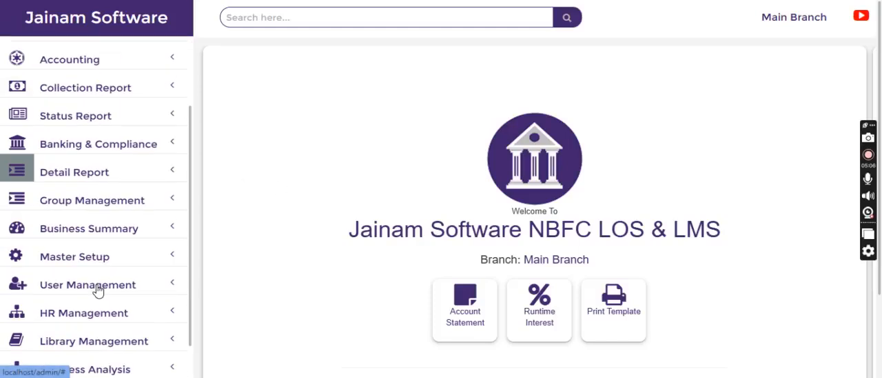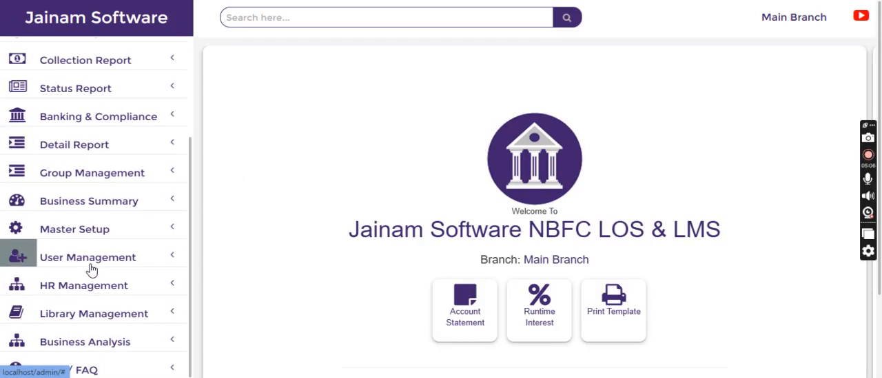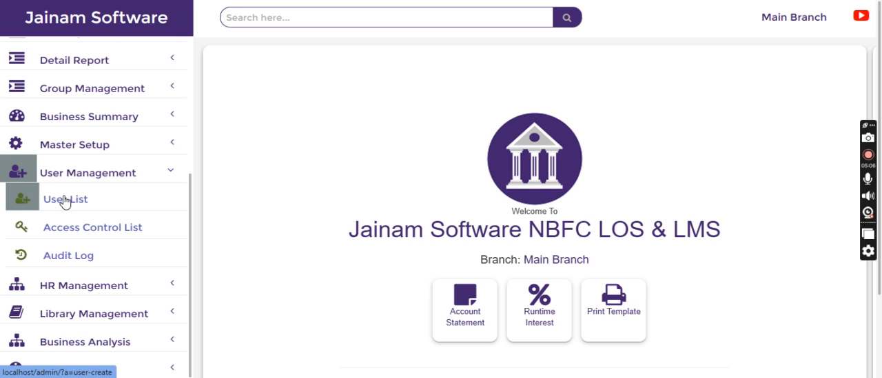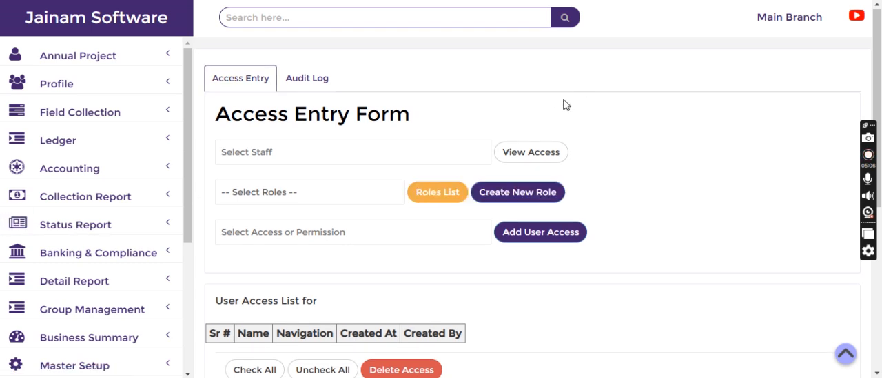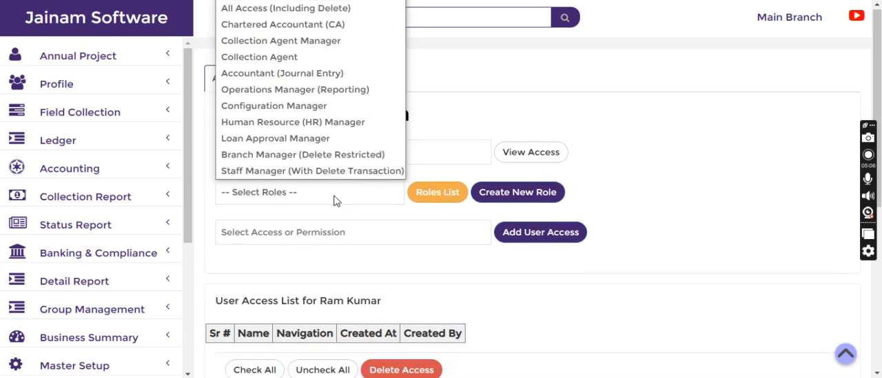We are going to understand the access required for any staff. In user management, the user list can be used to create the user, which is explained in the previous video. In this video, we are going to understand how to give the access to the user. Now here, select the user or the staff name, and then from the role list, decide what role you want to